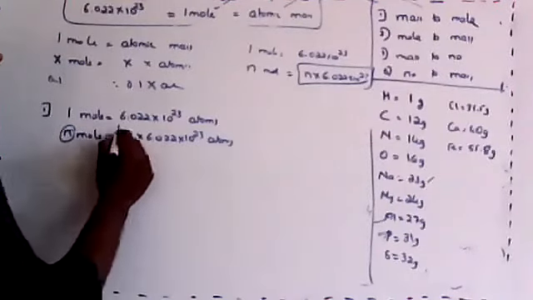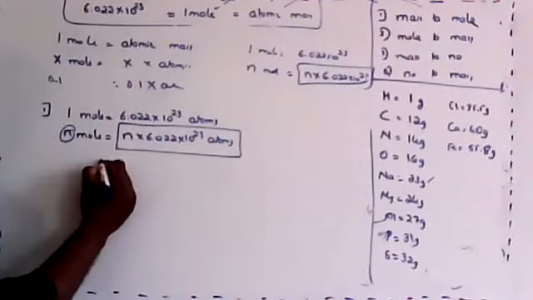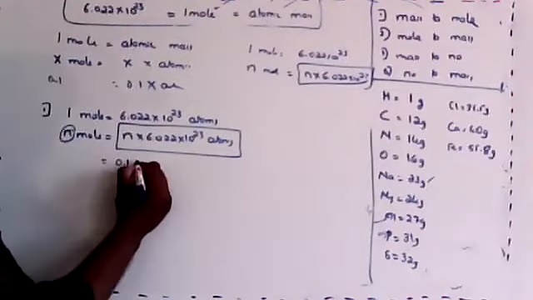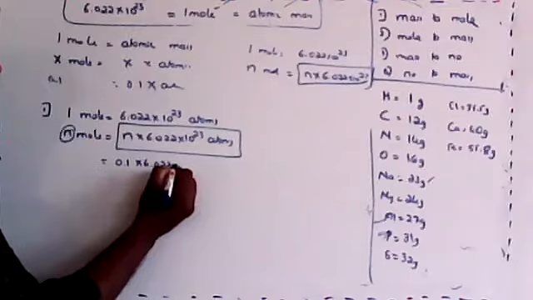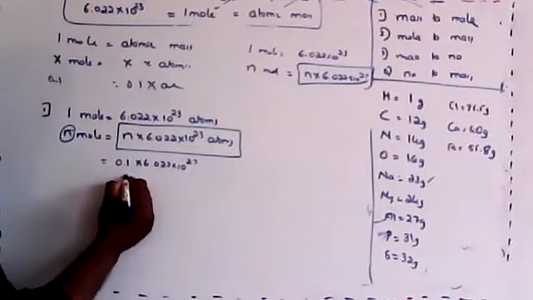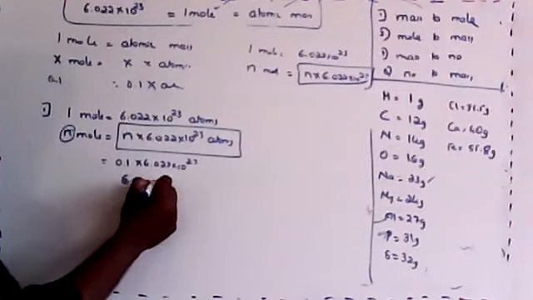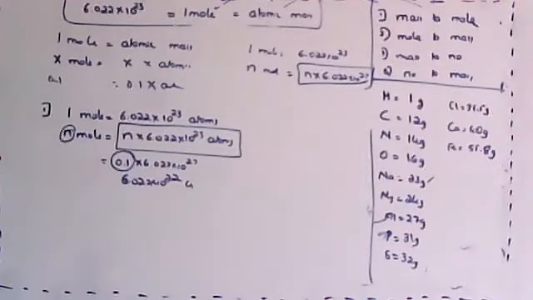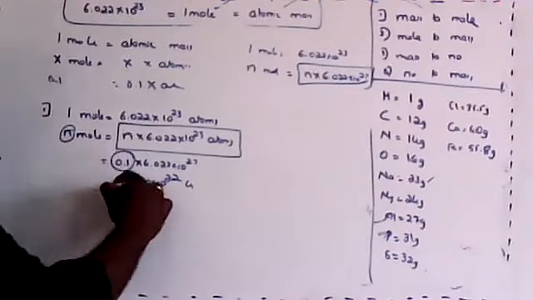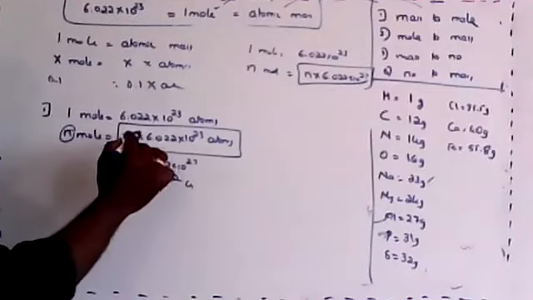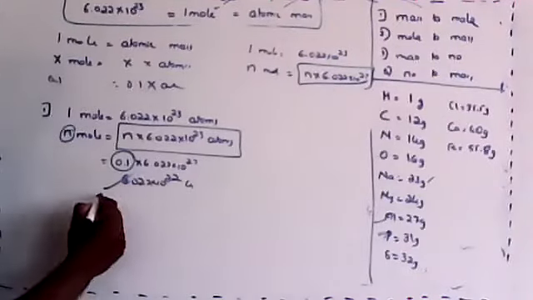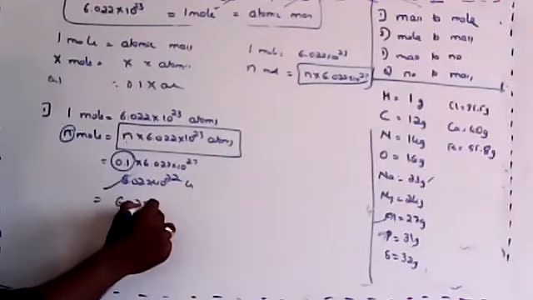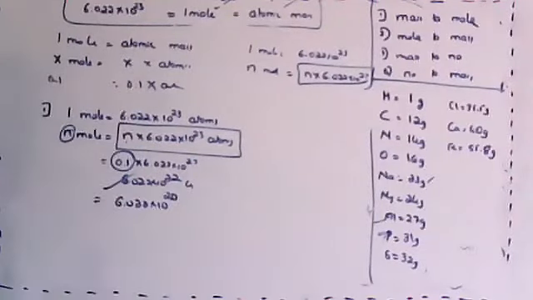This is what we have practiced in the last class. For example, if it is given as 0.1 mole, just directly multiply 0.1 into 6.022 into 10 to the power 23. It becomes 6.022 into 10 to the power 22 atoms. So just multiply the number of moles to the number, and you will get the total number. For example, if it is given as 10 to the power minus 3, the answer will be 10 to the power minus 3 into this number. You will finally get 6.022 into 10 to the power 20.